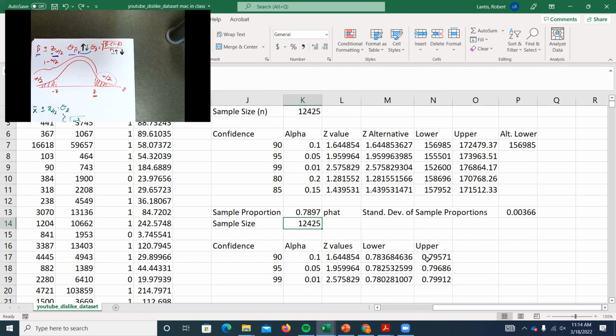Any questions on anything here that we did? You want to see a cell again, or are you okay with this for now? All right, so